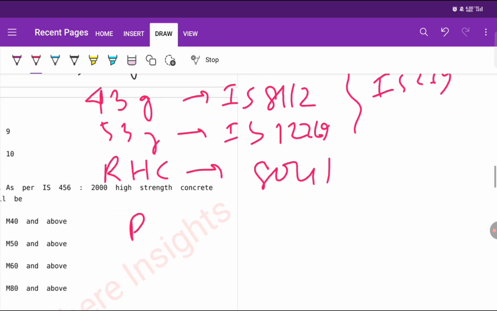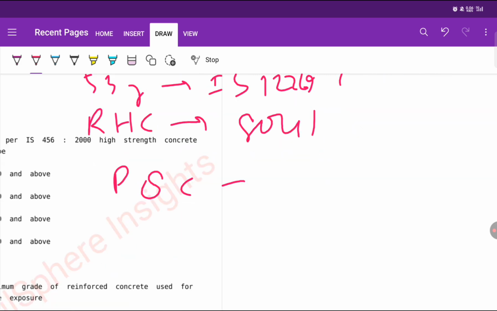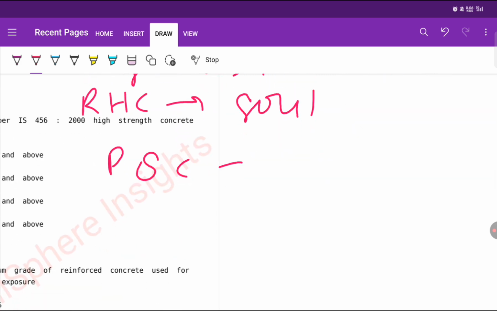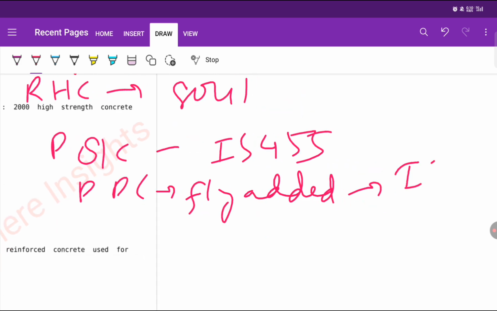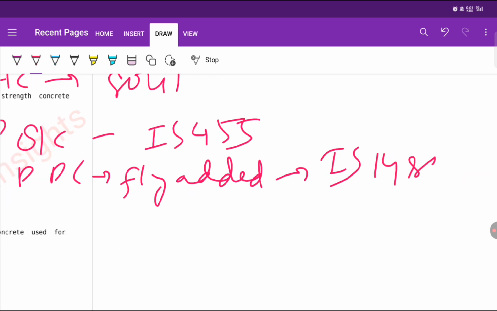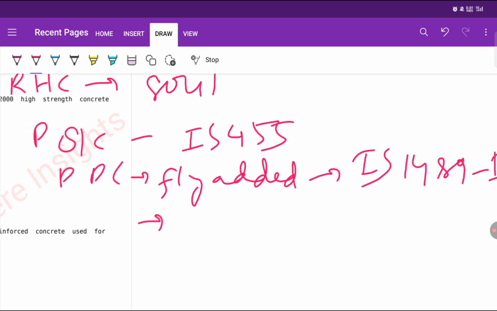Okay, then we have Portland cement. Portland slag cement, IS 455. PPC will be of two types: if we add fly ash, fly ash IS 1489 part one, and if PPC is made by adding calcined product, calcine